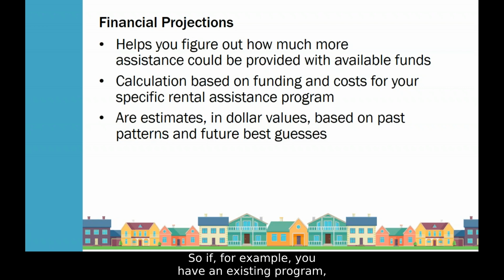So if, for example, you have existing PBRA programs, then you will have on hand already a range of data that can help you think about what those projections will actually be. So you'll have that historical data. If you're starting a brand new program, you're going to have to look further to develop a budget of all the necessary costs. And so you may want to rely on either other programs that are similar that you operate, or reach out maybe to a PHA to try to understand some of those amounts.